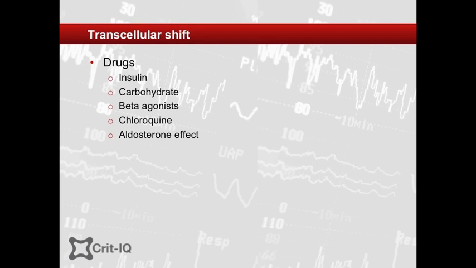Aldosterone increases the secretion of potassium at all endothelial surfaces, but particularly at the renal tubule and the gut. A number of causes of excessive aldosterone effect, such as corticosteroid therapy, malignant hypertension, and Conn syndrome, may be associated with hypokalemia. Substances that resemble aldosterone, such as licorice extract, may also be implicated.